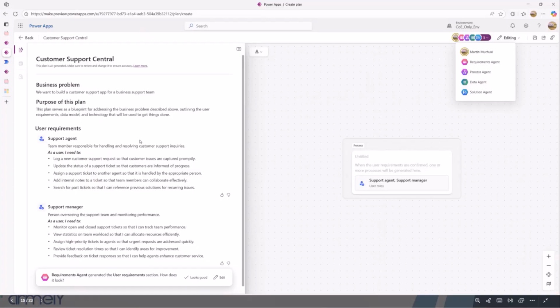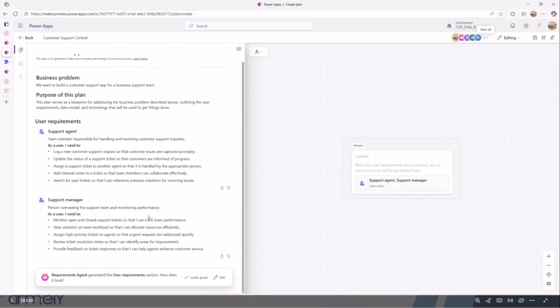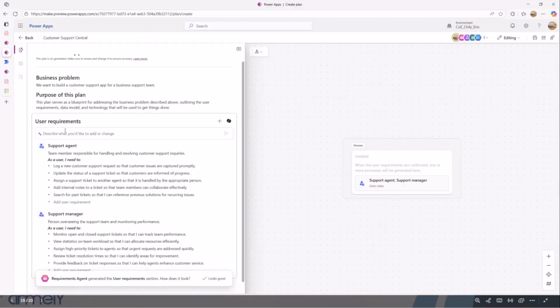So when you've said that we want to build a customer support central, the requirements agent has gone out and defined the business problem that you want to build a customer support app for a support team. And then here we can see it has gone out and identified the personas we'll use in this case, that will have the support agent, we'll have the support manager, and at this point, we can either say that it looks good so that we proceed to the next agent, or we can edit and tell it to